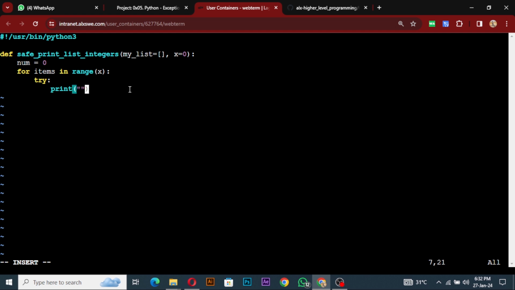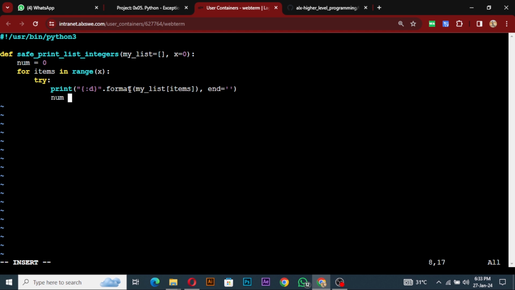string format, dot format, and then here we have our placeholder, and then colon d, so that we're printing an integer. Then we'll have my list at index x, right? Index items. Okay, and then we want to put it on the same line like this, right? And end equals this. So how am I used to putting this guy like that? Okay, good. So we have this,